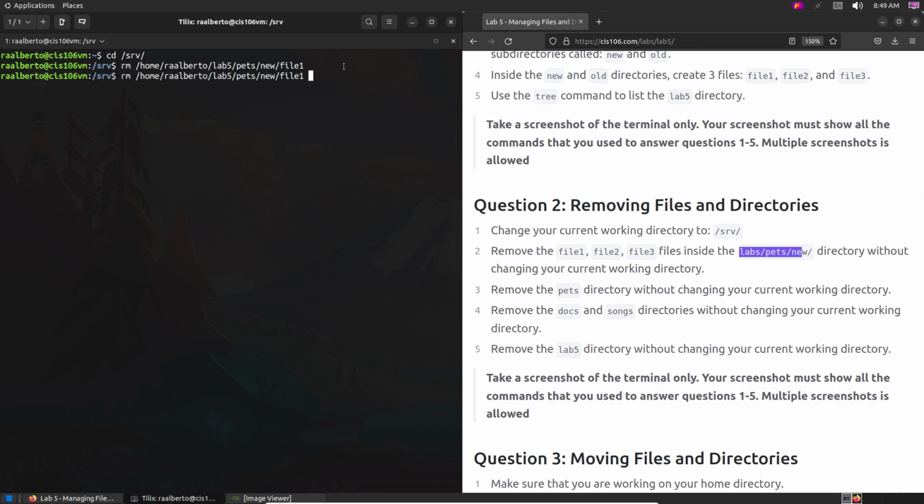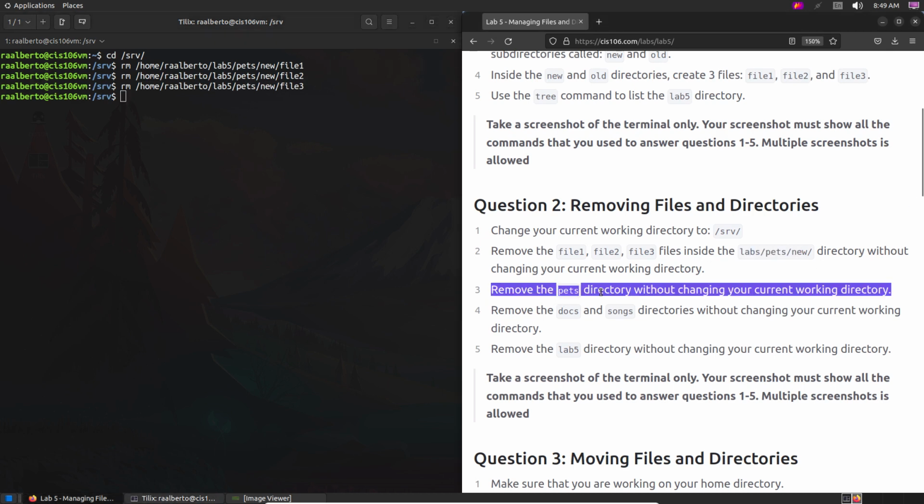So I'm gonna type enter, then I'm gonna delete file 2, and I'm gonna delete file number 3. And yes, this could have been done in a single command by specifying the absolute path of each of the files right over here, one after each other. Remove the pets directory, again, without changing to the labs directory. So we're gonna remove pets. So rm